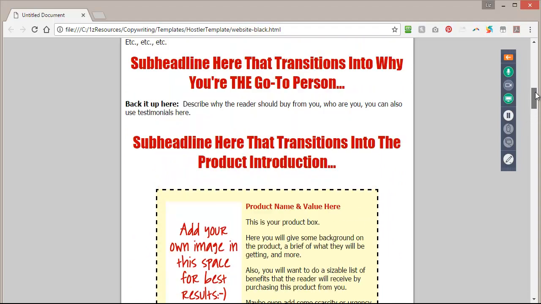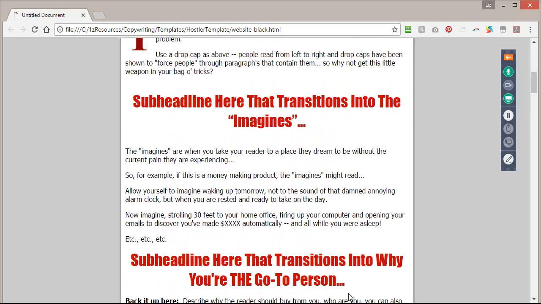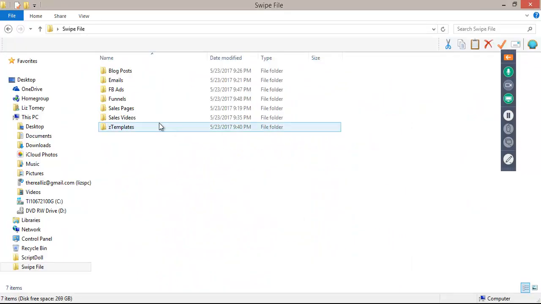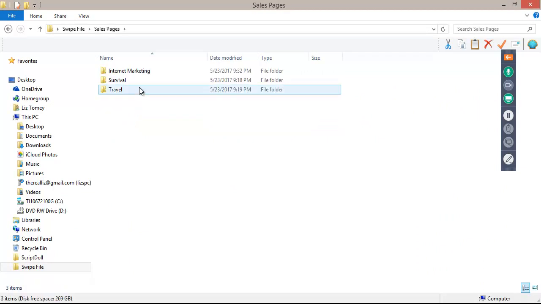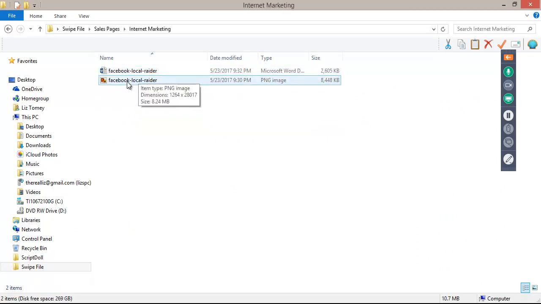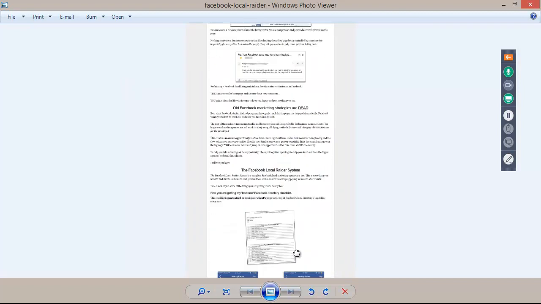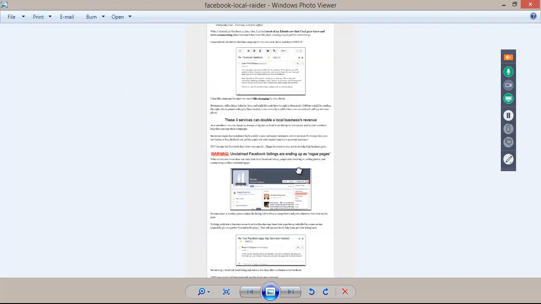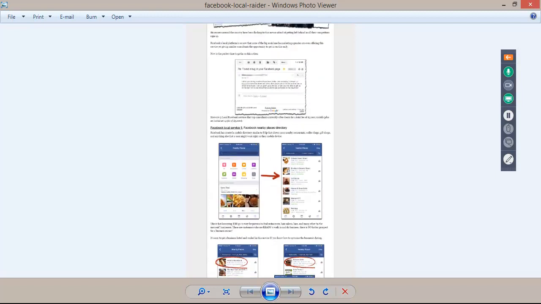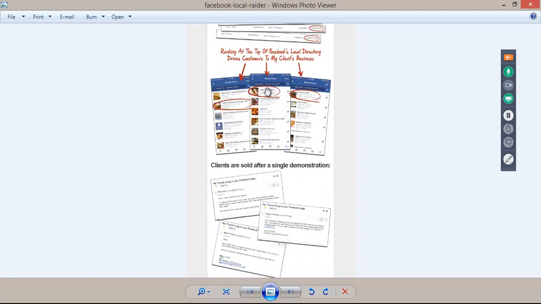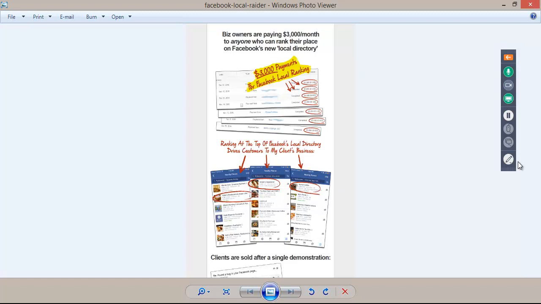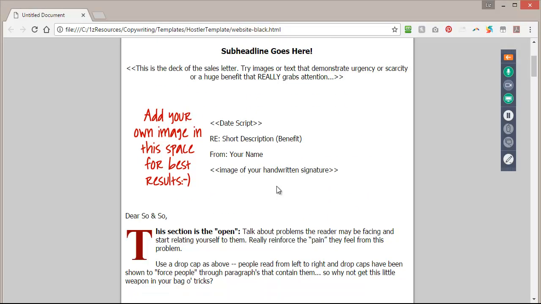But a lot of times I'll use this template and I'll go, okay, I'm stuck for a headline. And I'll go to my swipe file, I'll go to sales pages, and I'll look at the headline on one, and I'll be like, okay, boom, got a headline. Or I usually write 5 to 10 different headlines, and I pick the best out of what I come up with. Okay, and then the next part is the subheadline. All right, I need some good subheadlines.